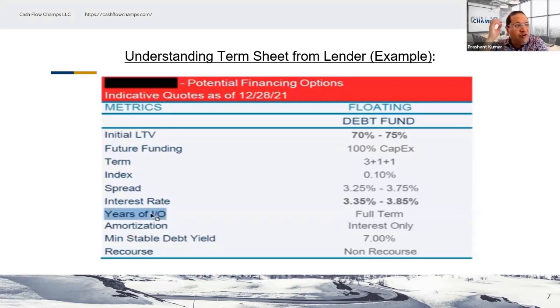The future funding is, it was a bridge loan, basically. The occupancy of the property was less than 80%. So we had to go for the bridge loan because we wanted to improve the vacancy of this. We wanted to improve the asset. It was a value add deal, basically, for us. So these bridge lenders, even though their interest rates are higher, they try to give you 100% of capex.